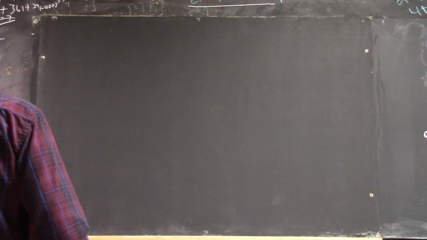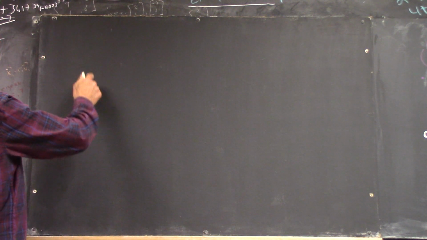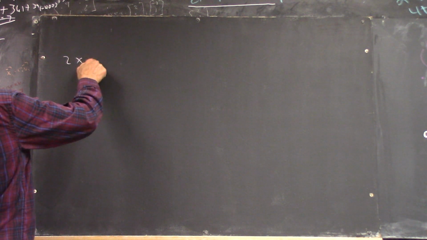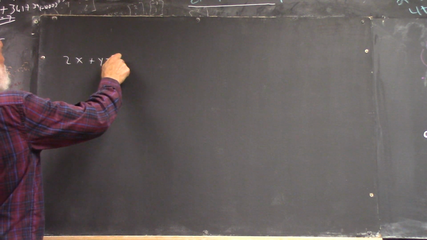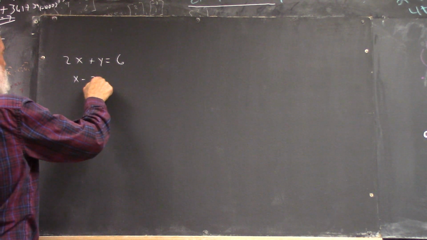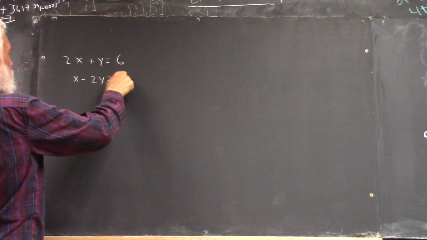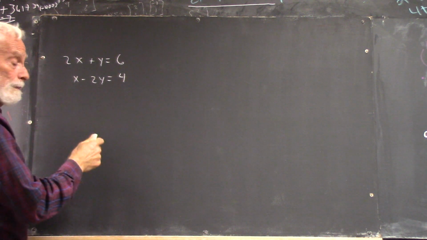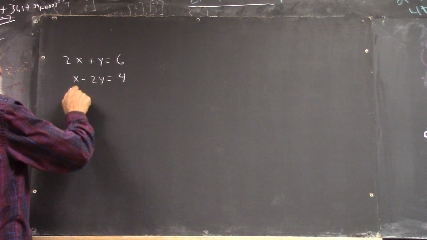We'll more or less skip over 2 equations and 2 unknowns, but let's just do one. 2x plus y equals 6, and x minus 2y equals 4. Okay? Now the geometry of this is